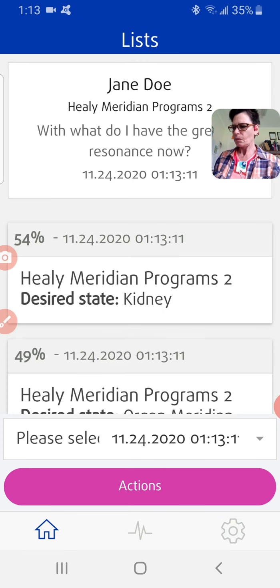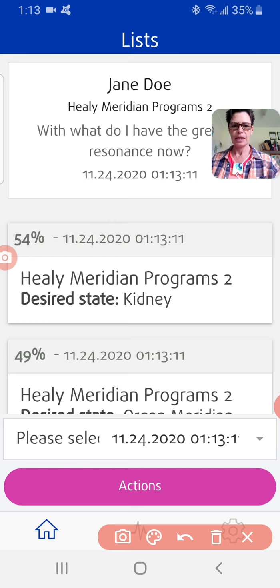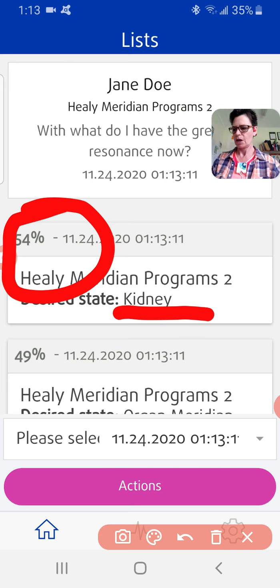Okay, so it's come up that I need the kidney program the most at 54%. Okay, so I'm just going to read what it is. And the reason I read what it is because I'm aligning my intention with help with a Healy to run this program. So I'm just going to read the kidney program says, okay, so it's the energetic support for the body's ability to maintain fluid balance. Okay, so